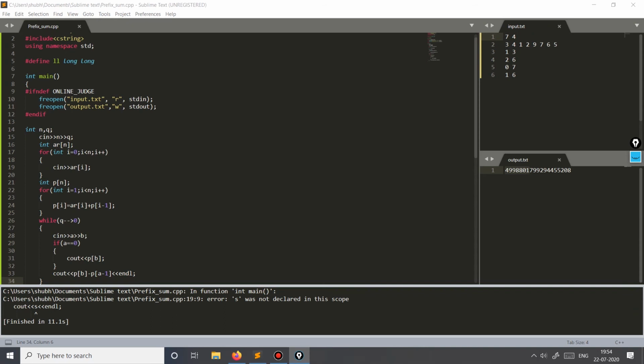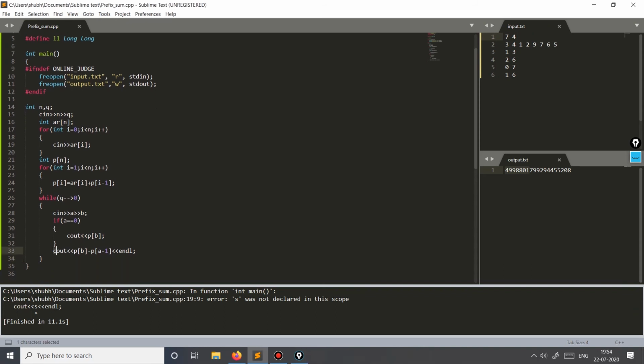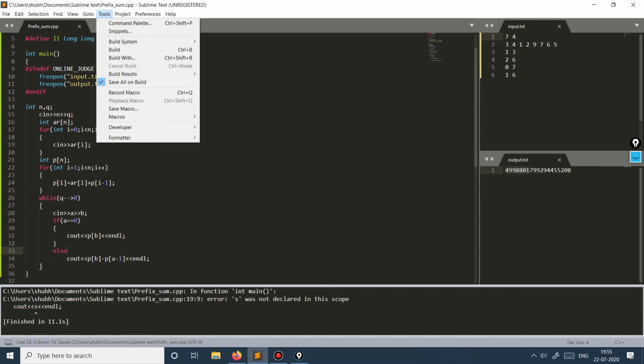So that would be simply cout P of B, and this will be there in the else part. Okay, I guess we are more or less through with the solution, so let's first run and check.